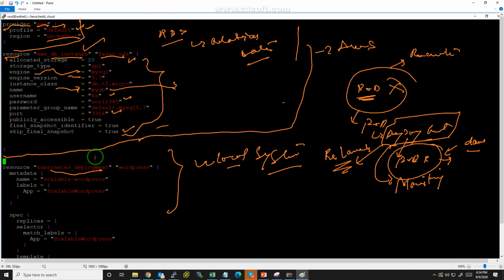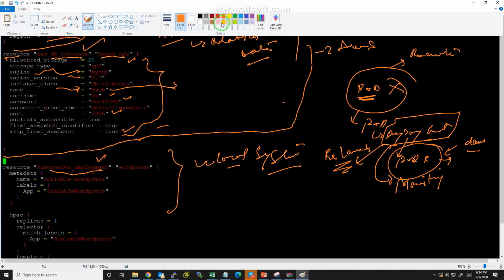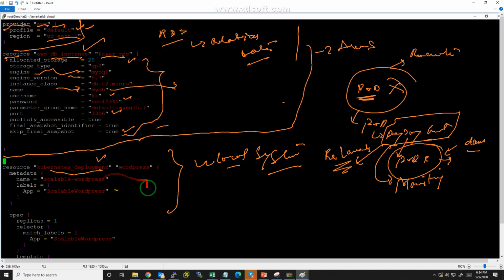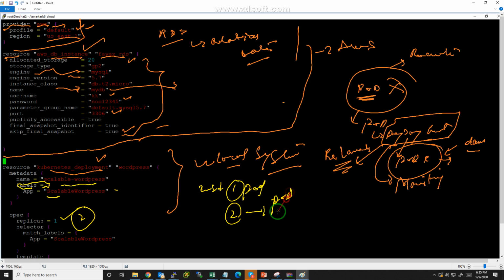So this is the main feature. Other features are also there, but here I am just explaining the main feature of why you are using it. It's the name of my deployment, and the label. What is the label? It is a very core thing we are using here for labeling. The main concept comes up. Here is one replica. One replica means one instance, one pod. If my replica is 2, it means two instances will be created, two pods will be created.